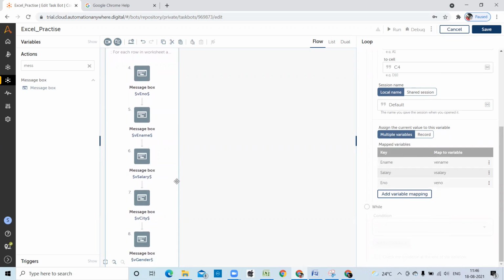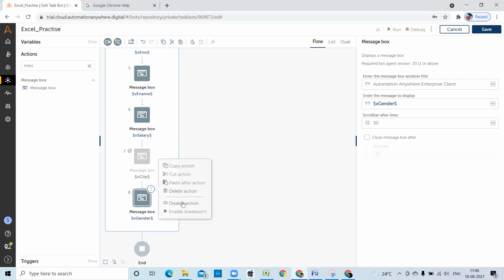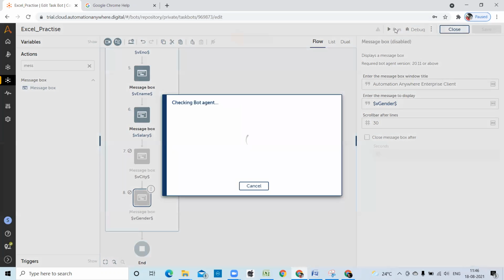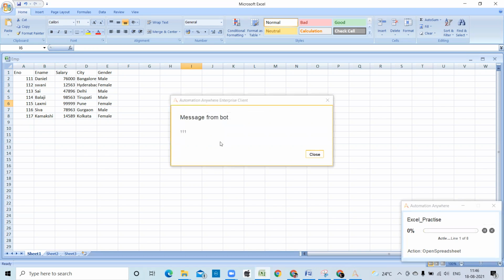Employee number, employee name, salary, city. So select these three dots, disable action, so it won't execute. Save, run. 111 Daniel 76,000, 112 Swanny 12563.